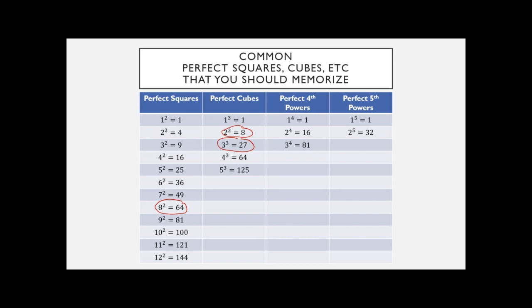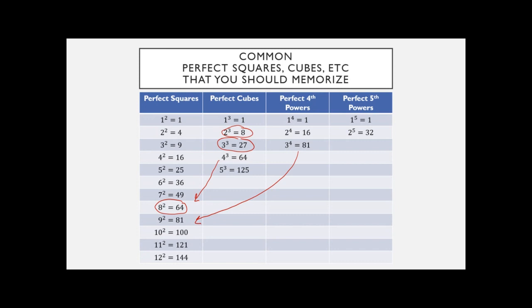The 4th powers, I would memorize even fewer of those. 2 to the 4th is equal to 16. 3 to the 4th is 81. And that's kind of interesting here. 3 to the 4th is equal to 81, and 9 squared is also 81. 4 to the 3rd is 64, but 8 squared is also 64. So knowing those, you have to know which one you need to use. You have to know, am I looking at a square root or a 4th root? Because that will tell you whether you're going to rewrite it as 9 squared or 3 to the 4th,